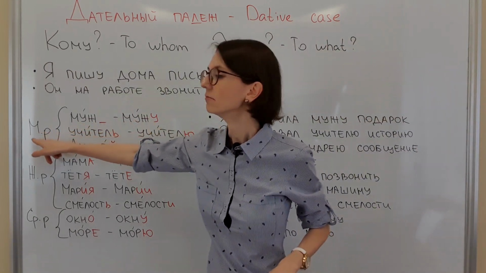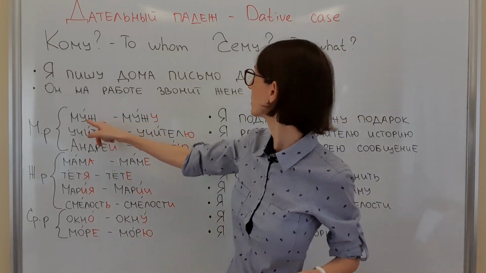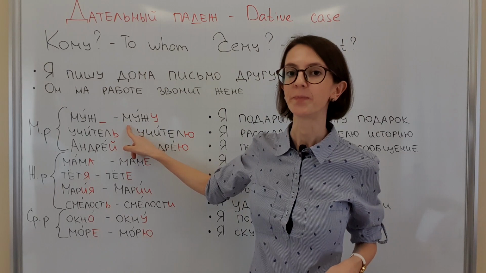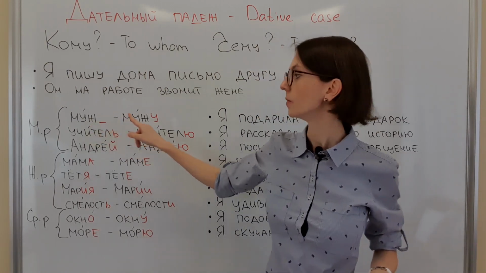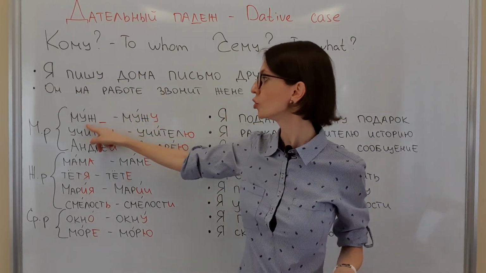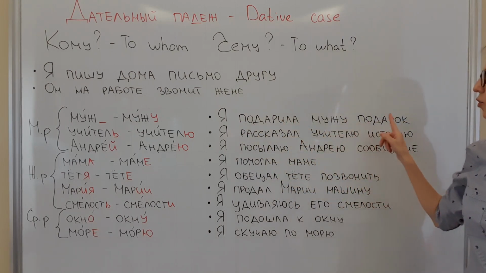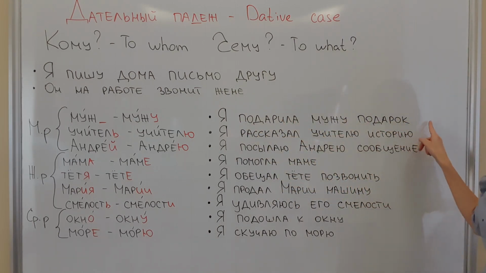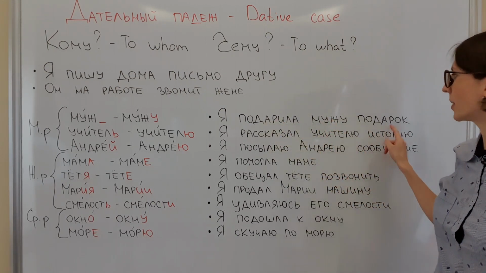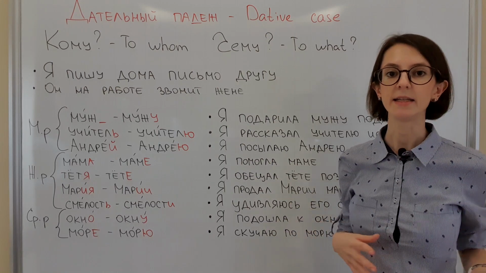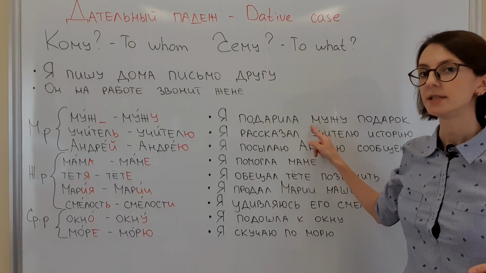So, м means мужской род, masculine. For example, муж, мужу. If a noun ends with a consonant, it's masculine, we add у. Муж, мужу, husband. Я подарила мужу подарок. I gave a present to my husband. So after the verb дарить, подарить, we use dative case, but with the recipient, yes, because